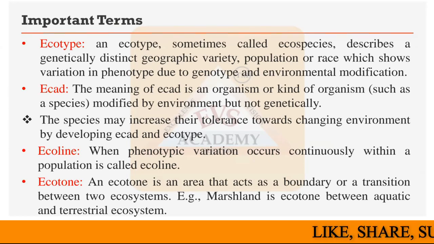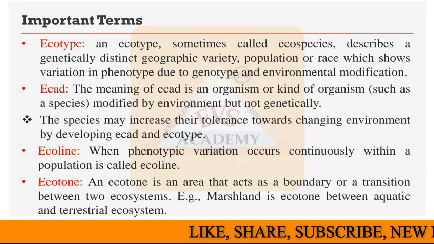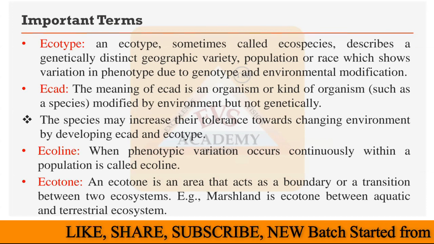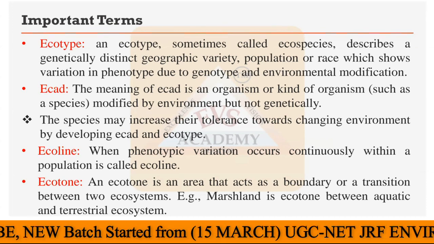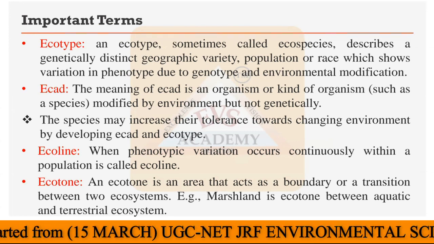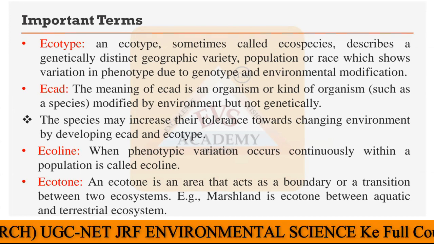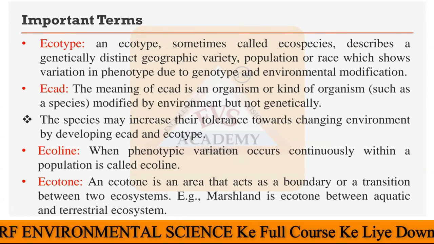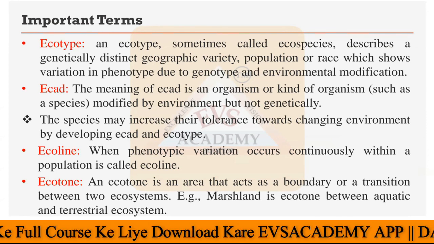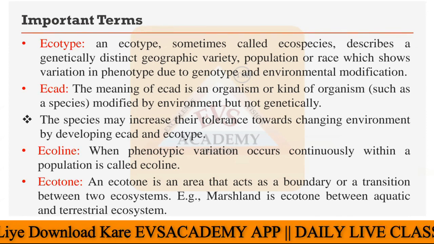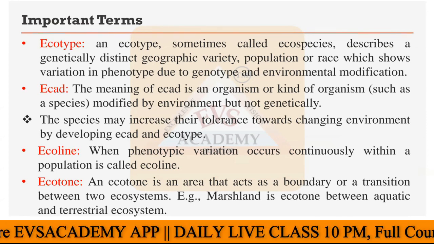The next thing that we have to discuss is a few very important terms. The very first term that you can see on your screen is the ecotype. What is the ecotype? This is also called ecospecies. And what is the meaning of the ecotype or ecospecies? This describes a genetically distinct geographic variety, population, or race which shows variation in phenotype due to genotype and environmental